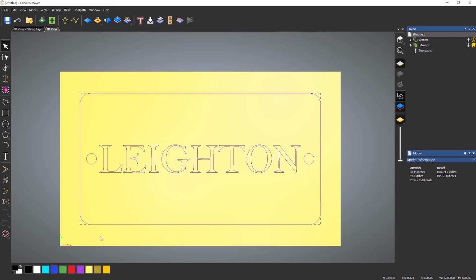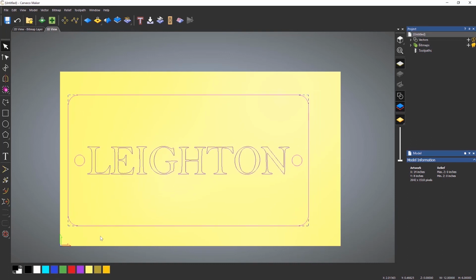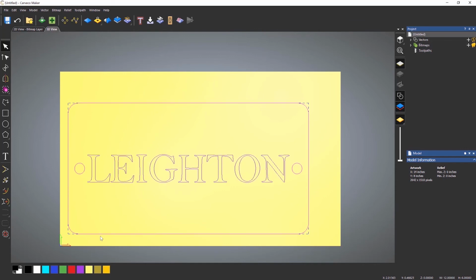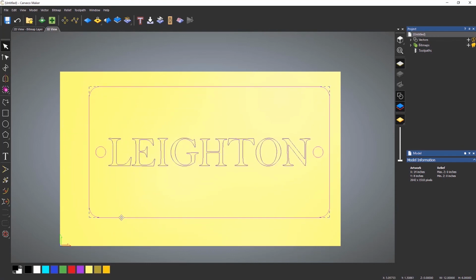Now, there are a couple of ways that you can do this. You can do it with the arrow keys and just move it down to wherever you like. You could do it by left clicking on there when you get the move icon and just move it down. But what I'm going to do is show you a different way, which is a lot more accurate. So to do this, use the transform tool. So if I select transform, which is here,